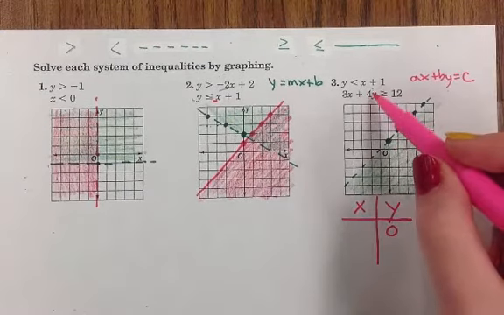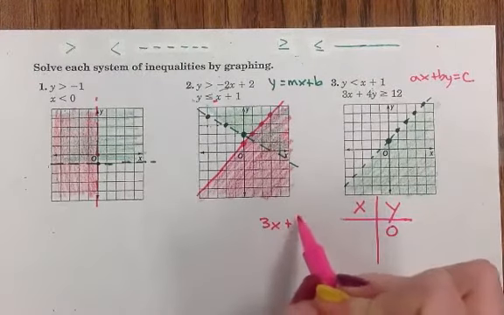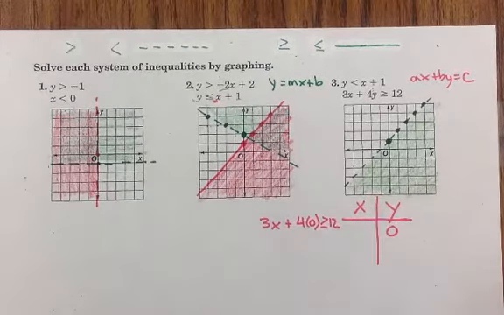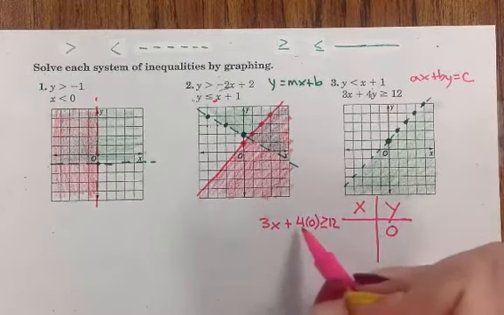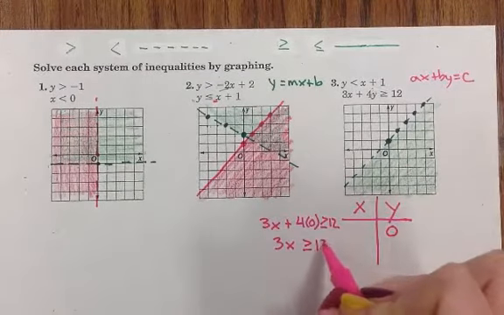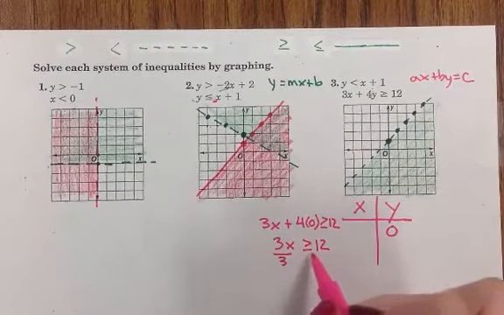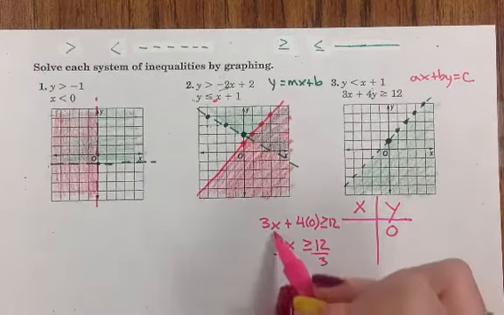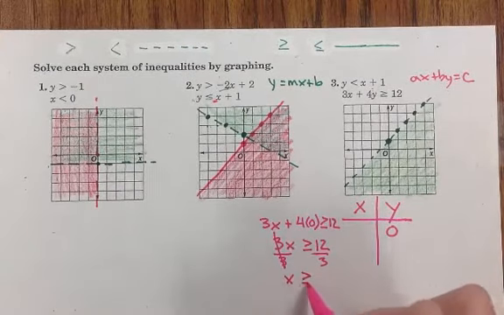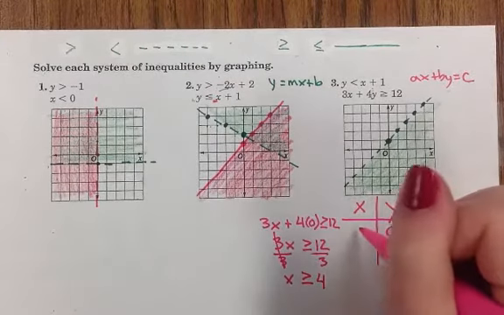So if y is 0, we have 3x plus 4 times 0 is greater than or equal to 12. Well, we know that 4 times 0 is 0, so we have 3x is greater than or equal to 12. And to get x by itself, we want to make sure that we divide both sides by 3. So these are going to cancel out, and we are going to be left with x is greater than or equal to 4. So we can plug 4 into our table,